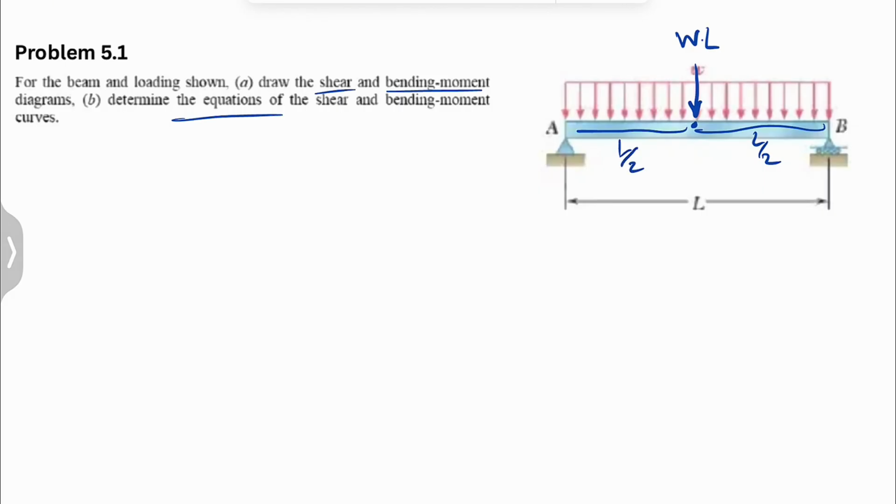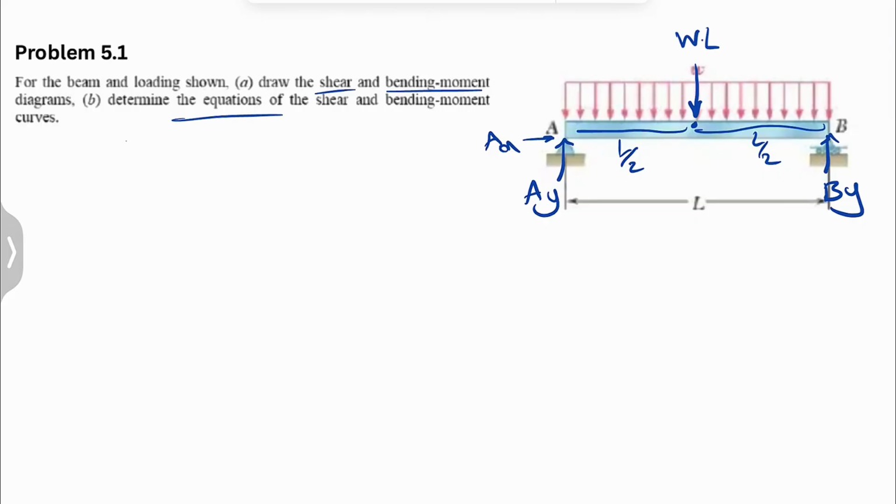And also we have a pin at point A, which we can call AY and AX. And at B we have a roller, so that means we only have a force in the Y direction, normal, because there is no friction at the surface, so we don't consider any X component. So first, looking at this, we are in equilibrium, and the sum of all forces in X and Y is equal to 0,